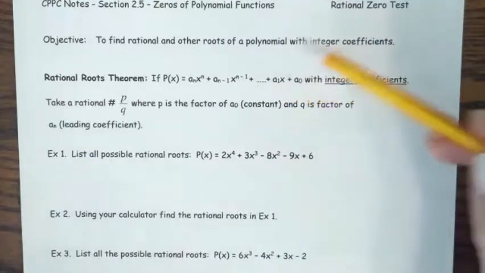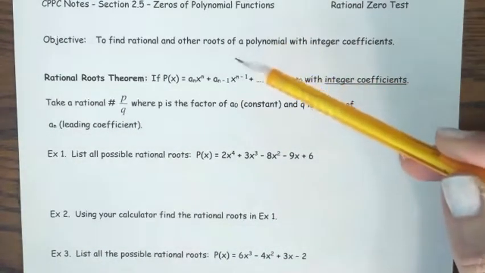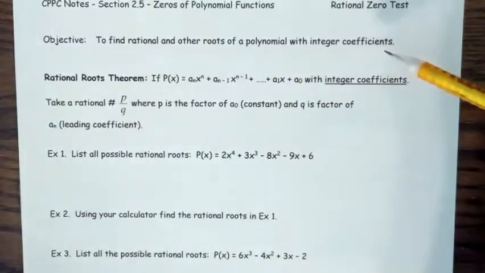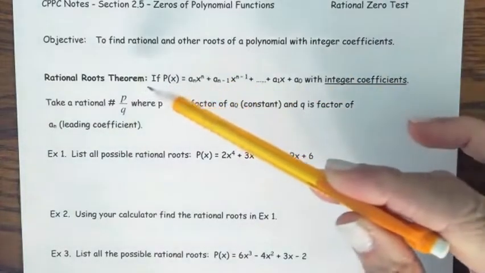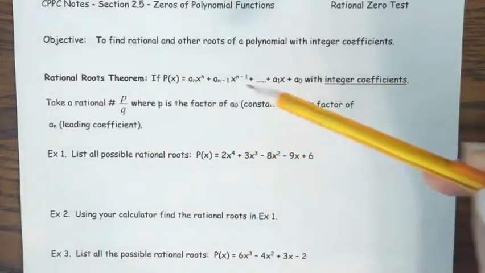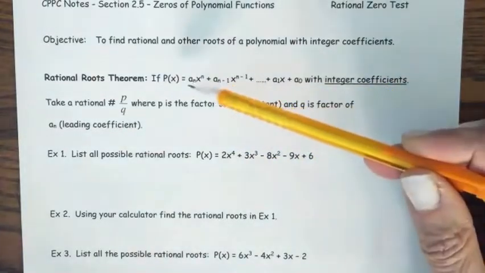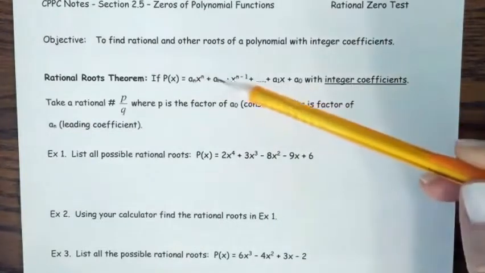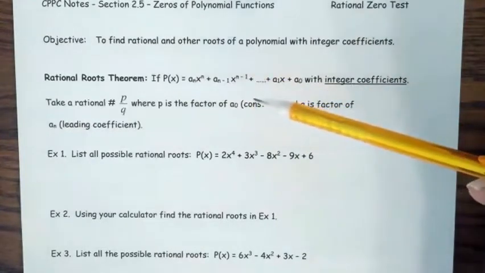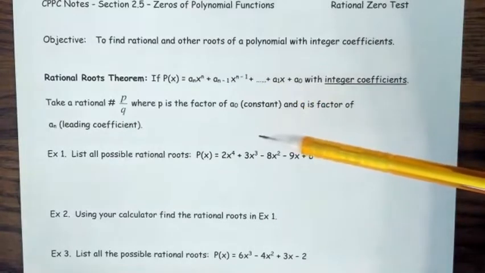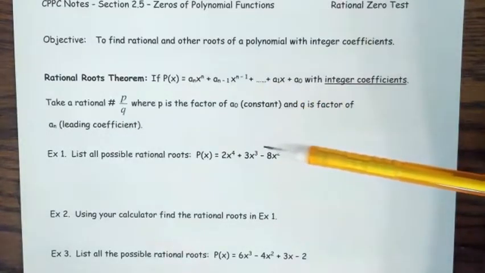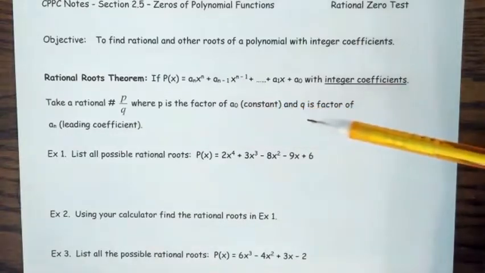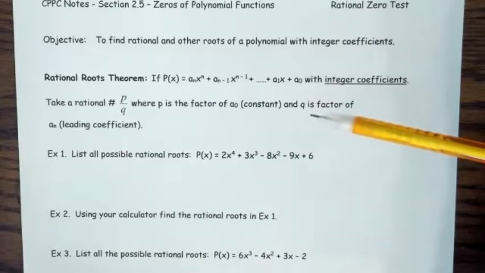All right, so the objective of this part of the section is to find rational and other roots of a polynomial with integer coefficients. Right below here is the rational root theorem. It says you have some polynomial with integer coefficients. That means the number in front of each variable is an integer, so there are no fractions and no decimals. And we can find the possible roots. This is possible, that doesn't mean that there are roots here,